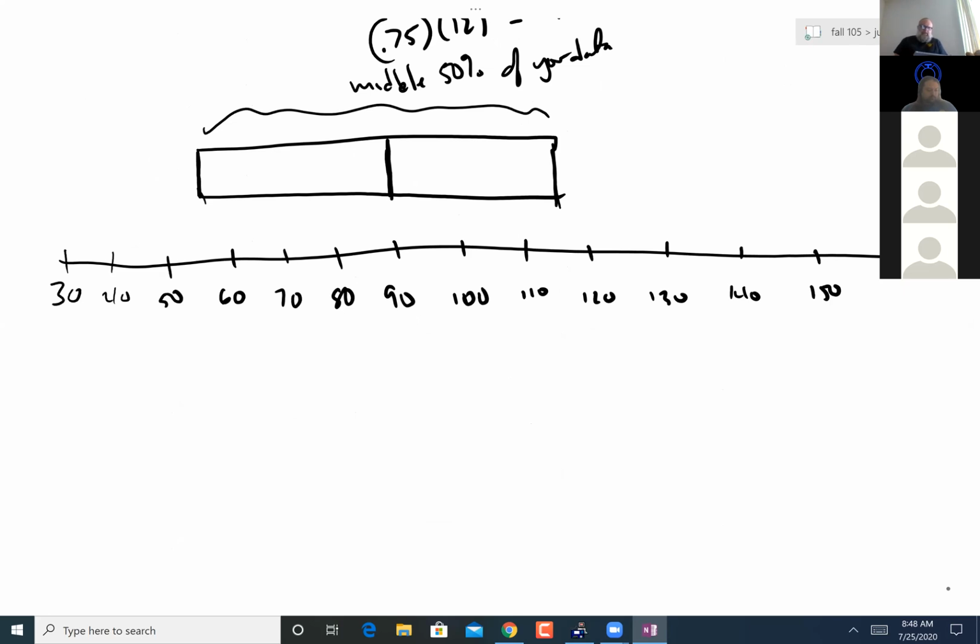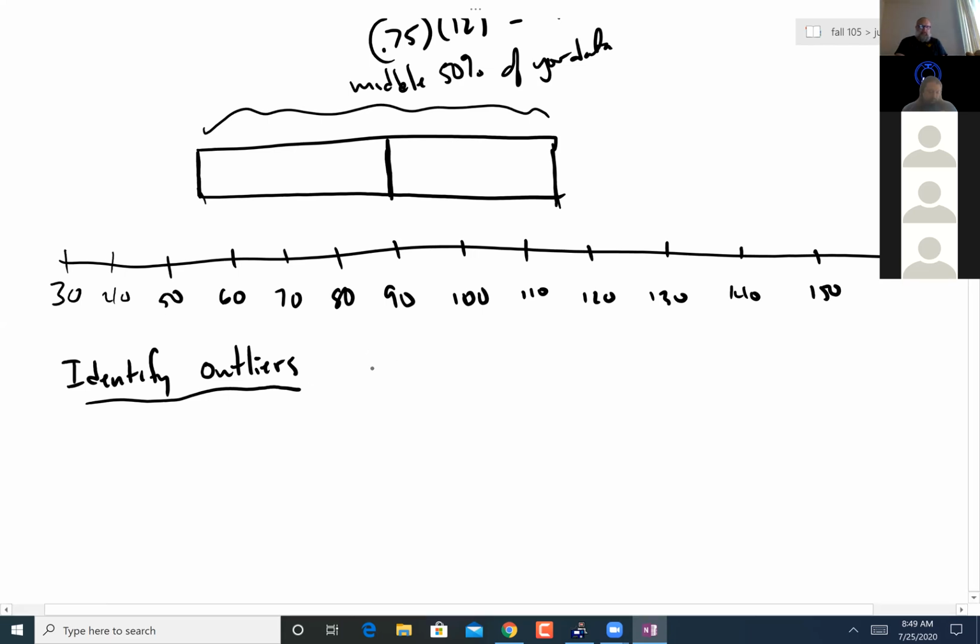Okay. So when we're looking at this, that's interesting. Well, now what do I do? What about the rest of the data? That's cool. But the only reason I still teach box plots, besides I have to, is because it's going to give me a way to identify outliers. That's the only reason I really teach them anymore, besides the fact that it's in the curriculum, so I have to go over them. But the only thing I think they're really good for is it's a way to quantify them, okay? So an outlier is a statistical